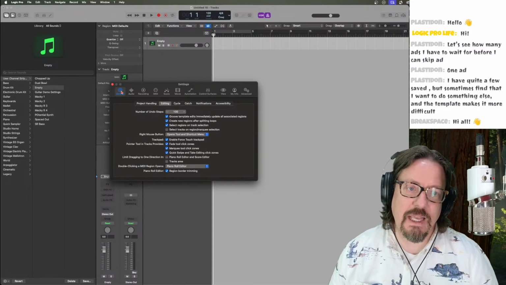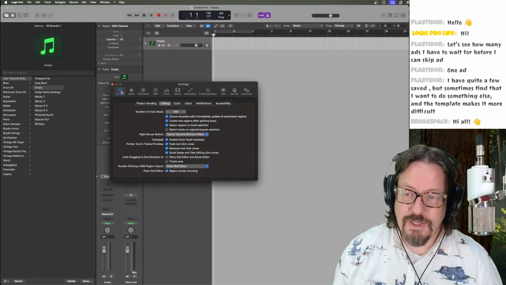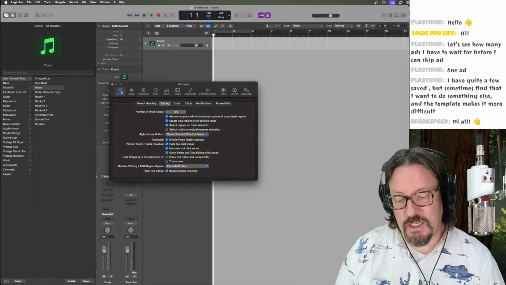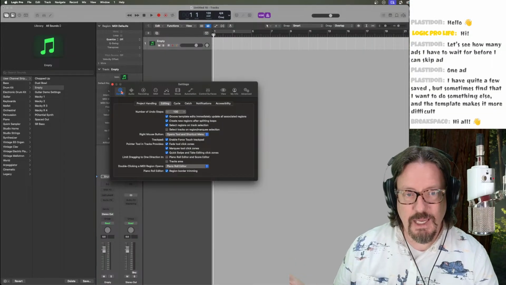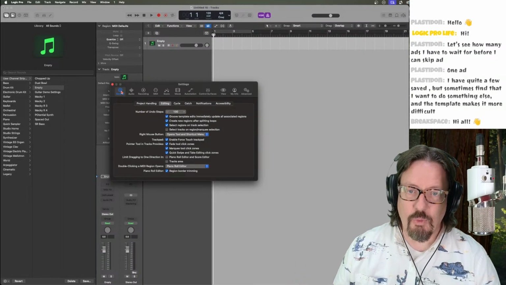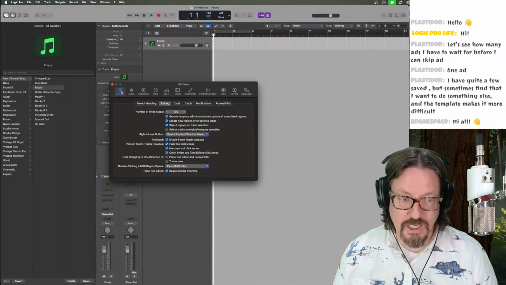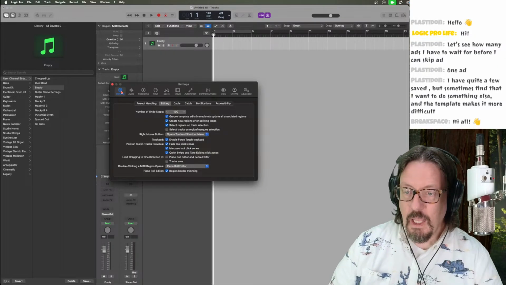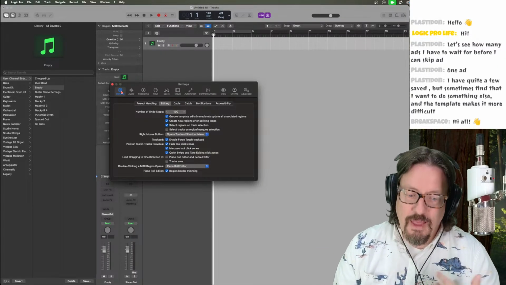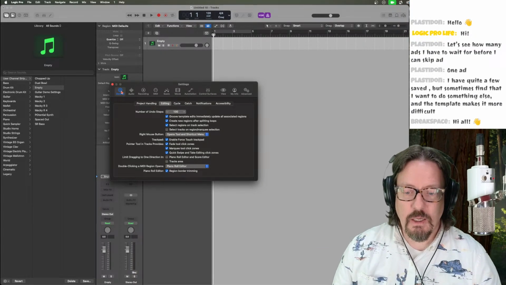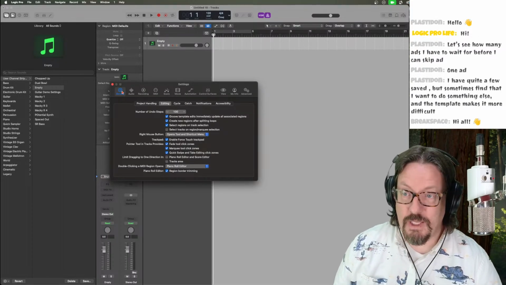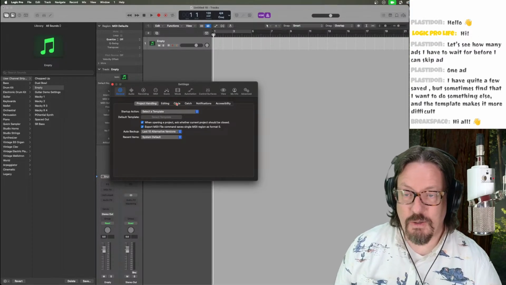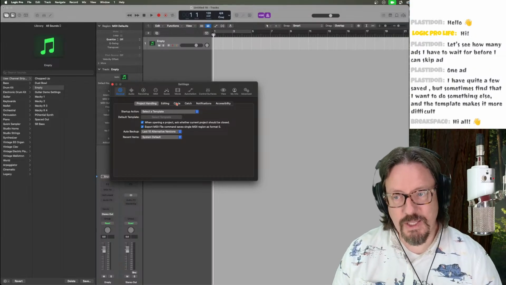These are all global settings for Logic. If I change these and then open up a different project, these changes stay there regardless of which project I open up. This is where we set up a lot of how we want Logic to work, no matter what. And it's important to know this and where this is and become familiar with where these settings are,